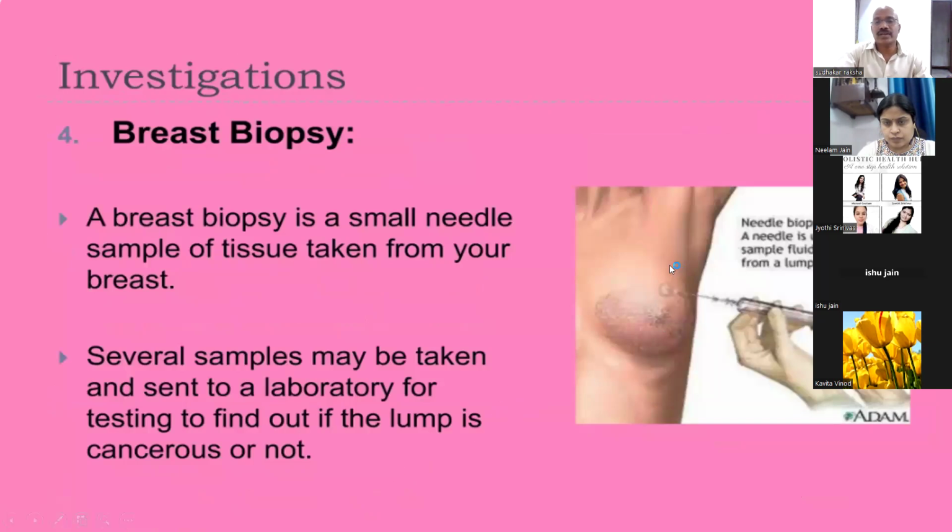Usually when we get a breast carcinoma, the clinician will send the patient to the pathologist, where the pathologist will put a needle into the lump, aspirate the cells, put them on the slide, and examine under the microscope. So under the microscope, we can diagnose the breast carcinoma. The pathologist's duty is to identify the tumor cells by viewing under the microscope. So that is FNAC, fine needle aspiration cytology, or breast biopsy is done to diagnose the tumor.